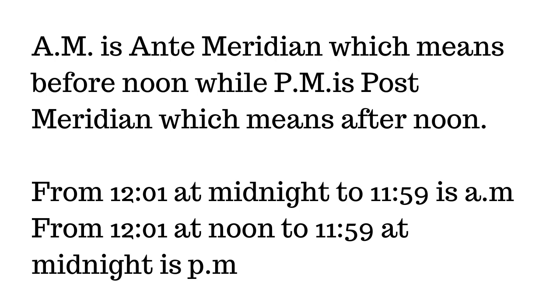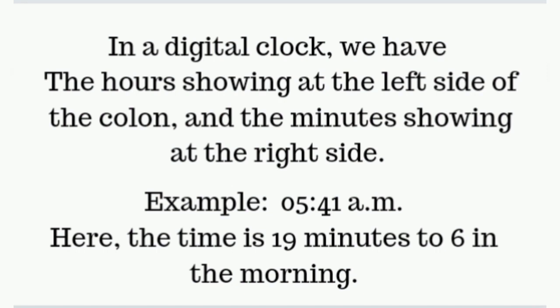Please take note of this. The second type of clock we have is the digital clock. In a digital clock, we have the hours showing at the left-hand side of the column and the minutes showing at the right side. Example,